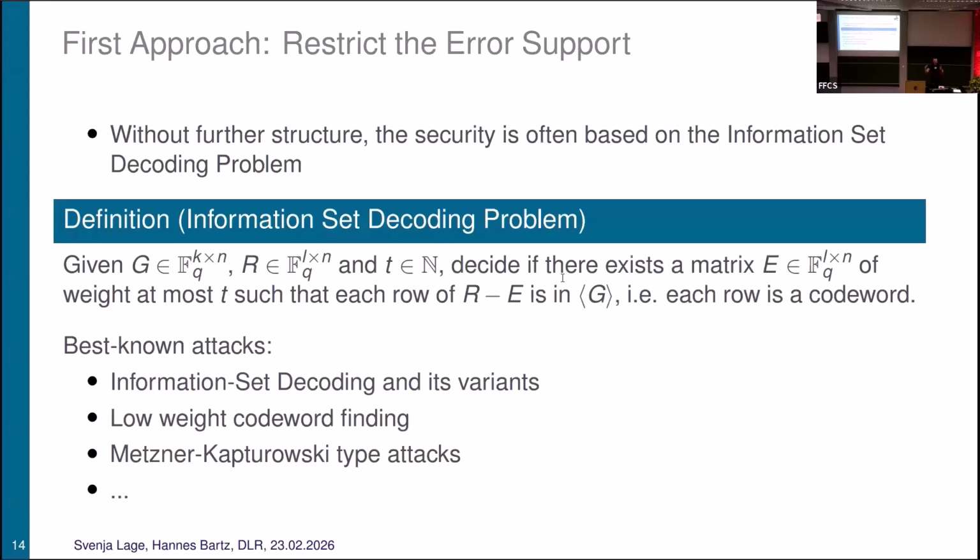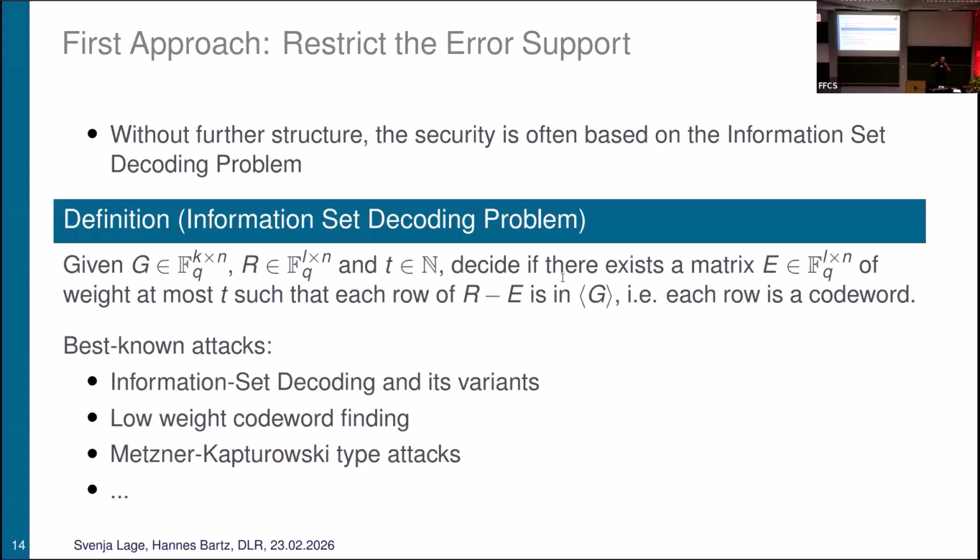Yeah, so it's a sort of interleaved decoding problem. And what are the best known attacks? So there are algorithms for information set decoding. There's also some progress going on there with several variants. One could also reduce this to finding low weight code words, because you could simply stack the generator matrix and